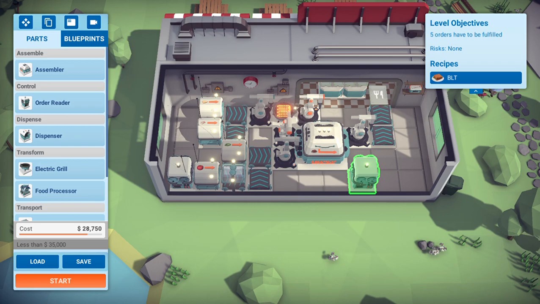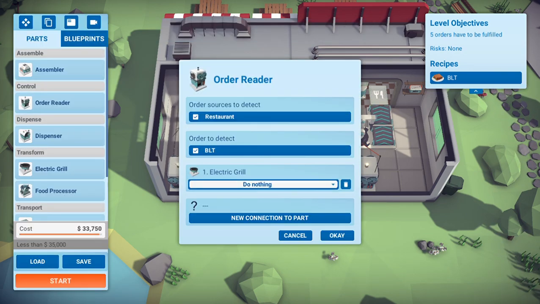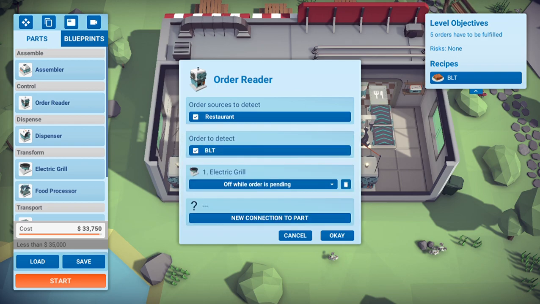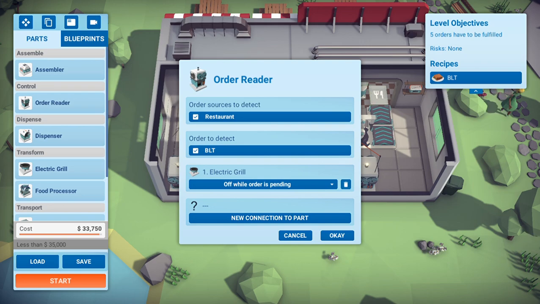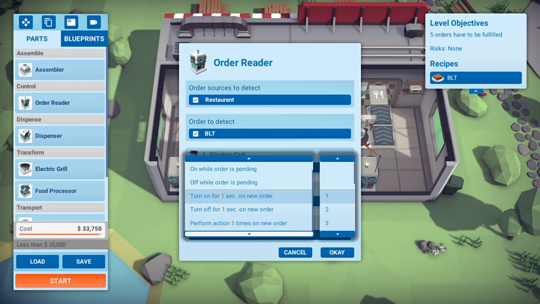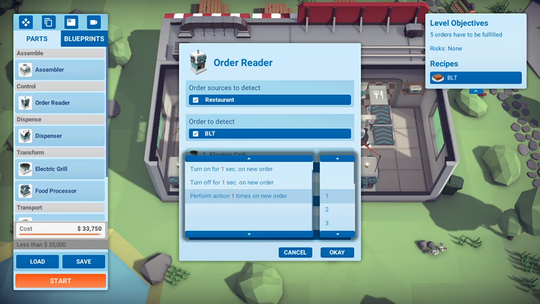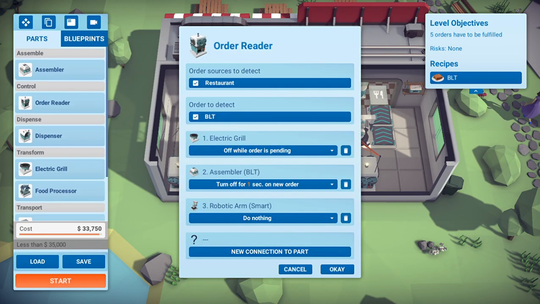Okay. So let's see if I can order it to do. What can I ask it to do? On while order is pending, off while order is pending. Gonna be real silly since I don't know what the pending word means. Let's see. Imagining the smart ones take up more energy than...